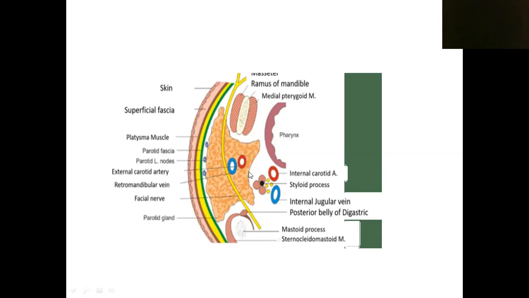Now we are going to see the posteromedial surface. Here we can see mainly two bones. One is the mastoid process, the other is the styloid process. I told you it has two grooves for these two bones. One is the styloid process of the temporal bone, the other is the mastoid process of the temporal bone. Not only these processes, it is also related to the muscles of those processes. Along with the styloid process, we can see muscles like styloglossus, stylopharyngeus, and stylohyoid.